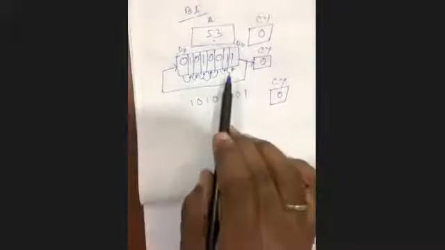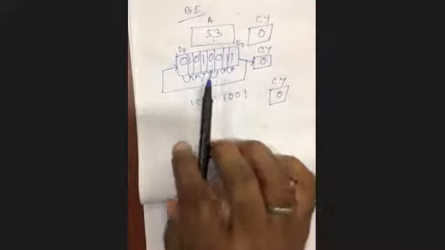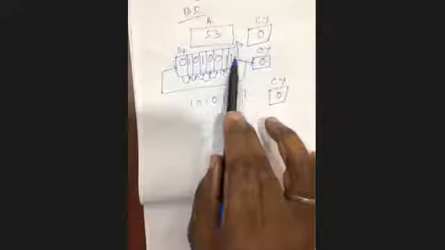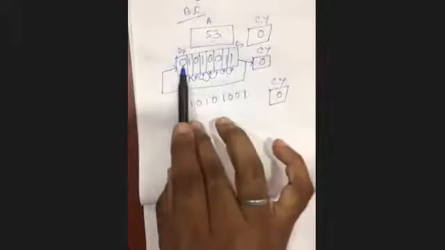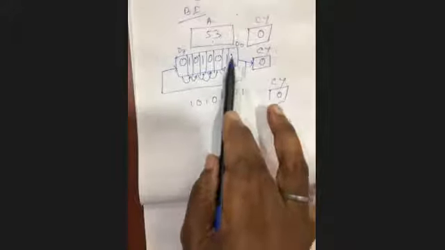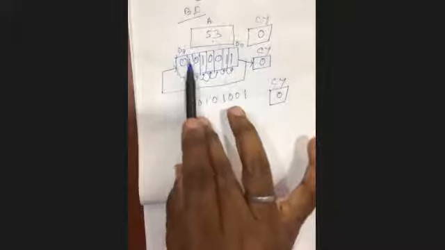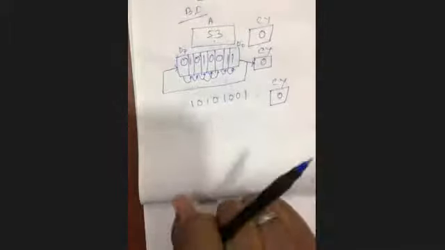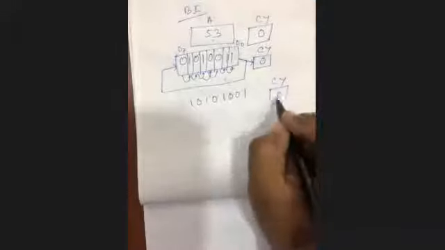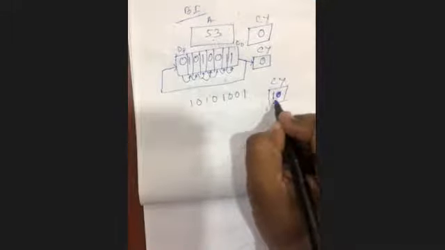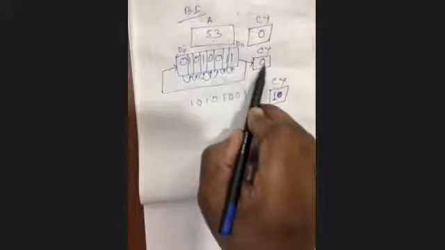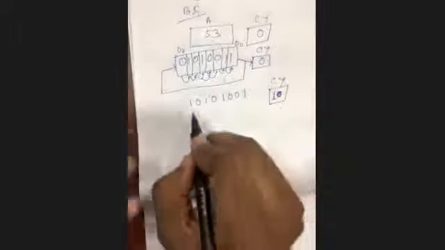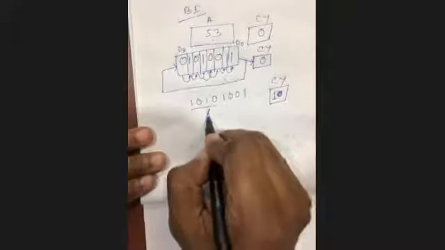Just rotate, one by one. The D0 content will come into the D7 bit, and all are shifted by 1 bit position. Sorry, the carry flag will be 1, because this data is copied into the carry flag. So what is the data? It's A9.